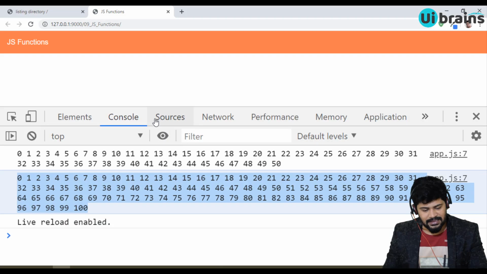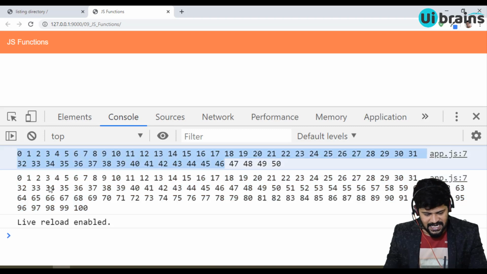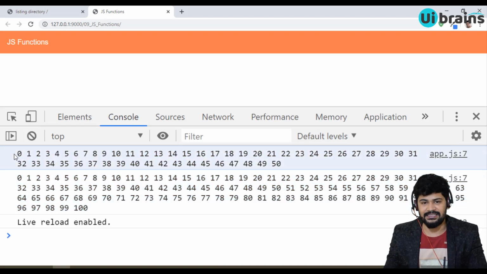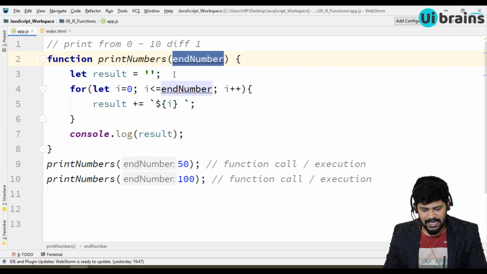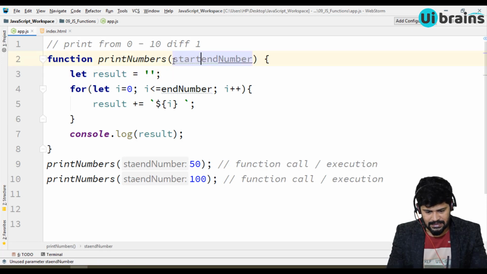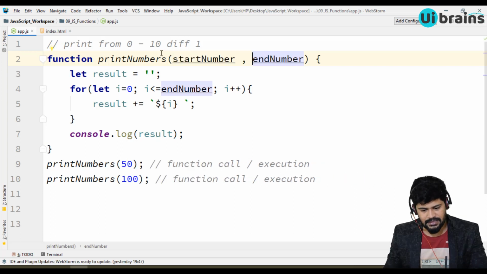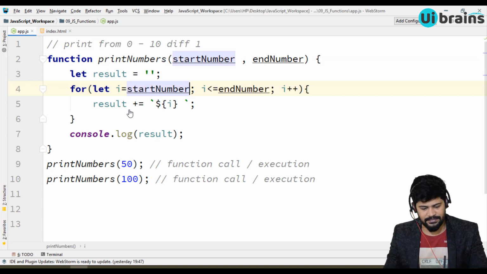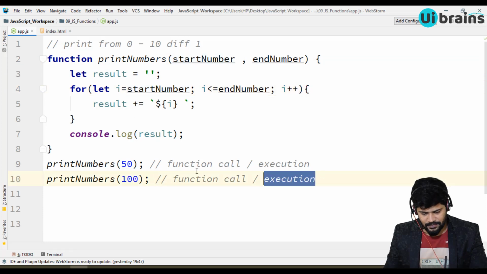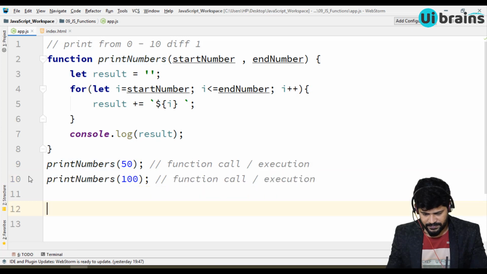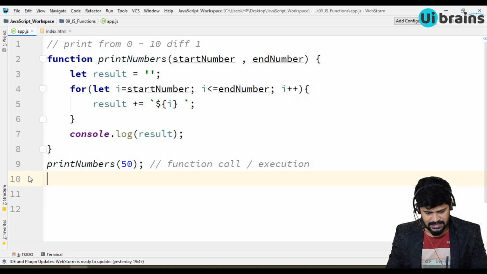Even here, both the numbers are starting from 0. I want to customize this 0 as well. So you can add a start number and an end number. The start number always starts from 0, I'll make it a start number. So now I slightly modify this.